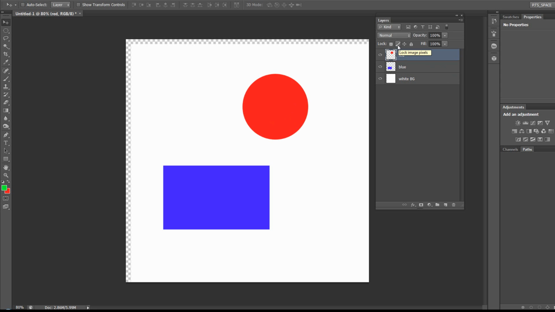We've also got another one here which is lock the image pixels. So this time we will lock the image pixels. The image pixels will, in this case, be the red pixels, and basically we won't be able to affect that. So if we get a brush painting with green, you see we come over and we can't brush on it. Blue,